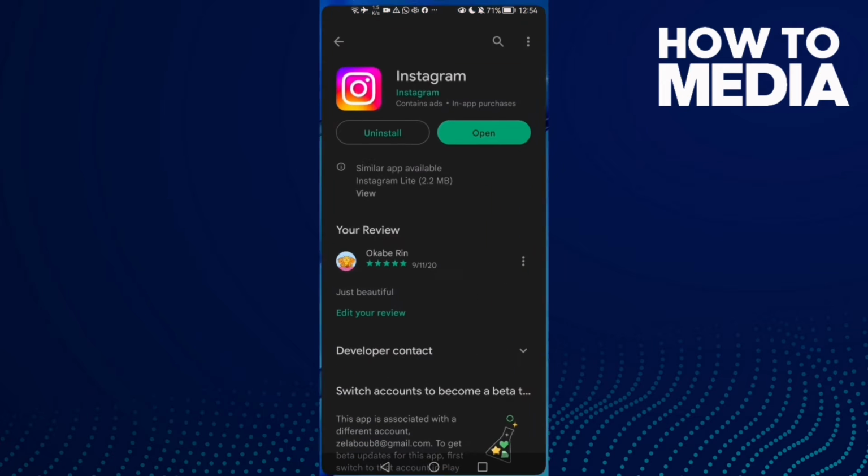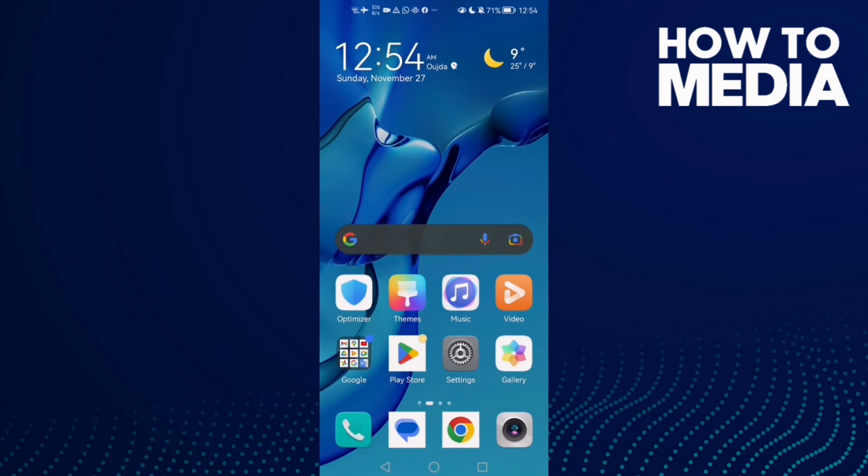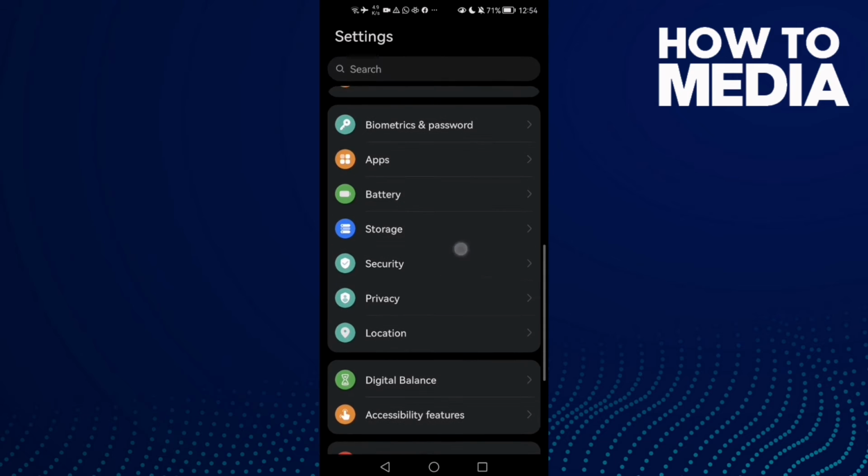First, open Play Store or App Store and make sure your Instagram is updated, and then if you found here update, click on it, and if that doesn't fix your problem, go to settings, scroll down until you find here